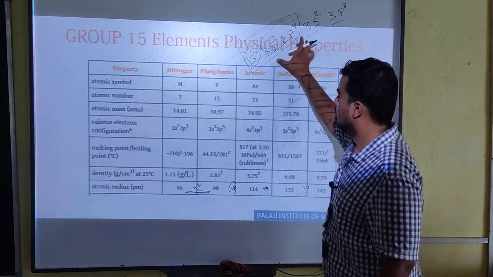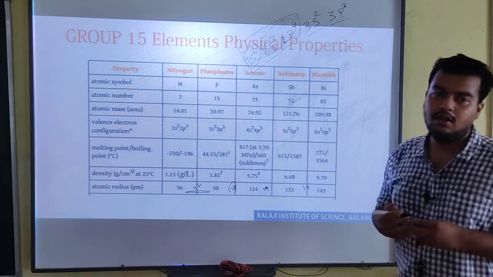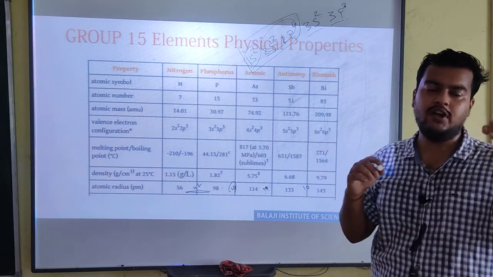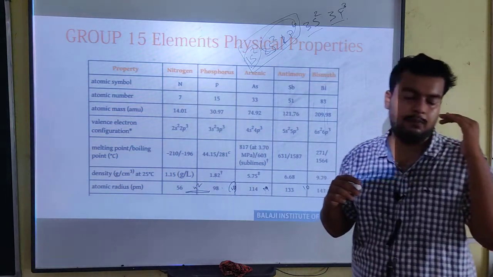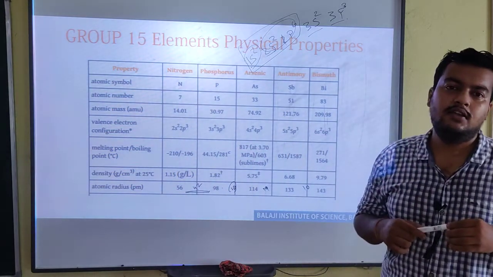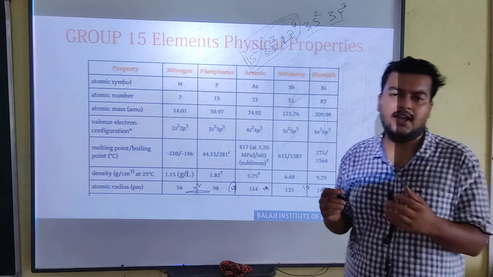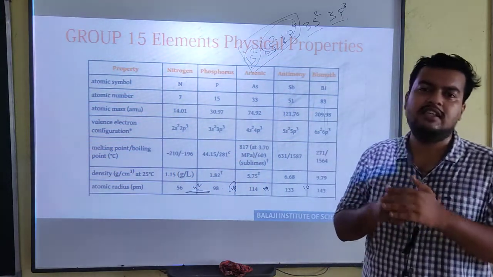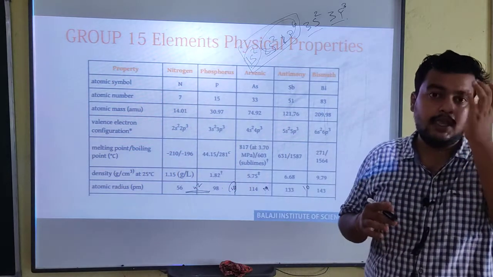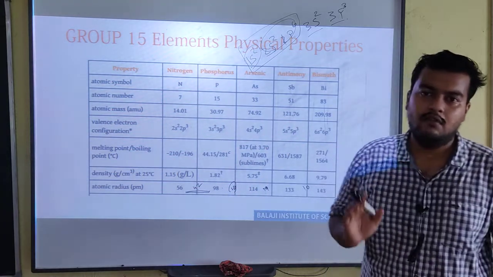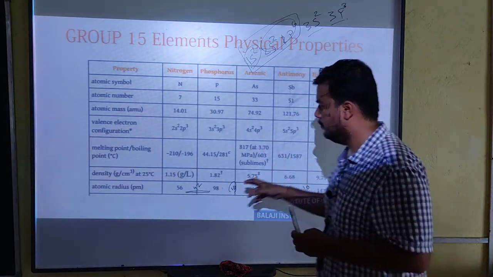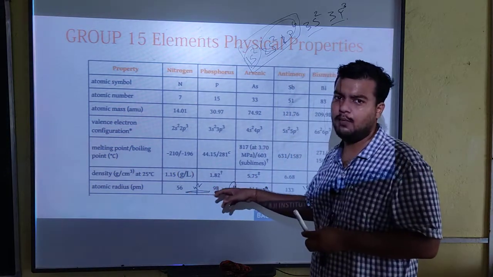Because these orbitals are extra stable, they will shield, or form a barrier between the outer shell electrons and the nucleus. So the attraction force between the nucleus and the outer shell electron is affected by the inner pair of electrons, which is very much stable. So that's why the size is more, or you can say significantly more.